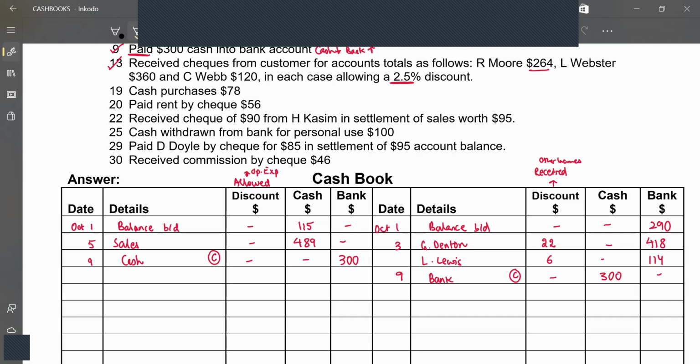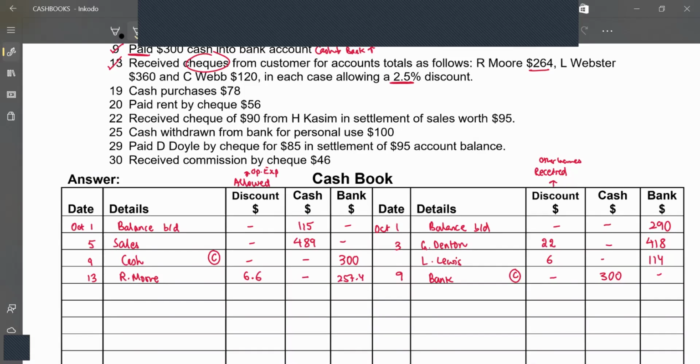That makes it $6.6 of discount that you've allowed. This is the 13th of October. You write down R more because you're receiving money. It's on the debit side. R more से हमने पैसे रिसीव किए, 264 रिसीव करने थे, but you gave him a 2.5% discount. That makes the discount amount $6.6, and then out of 264 you take this away, you get to the amount of money you receive. Now you've received checks, right? So it has to be in the bank column